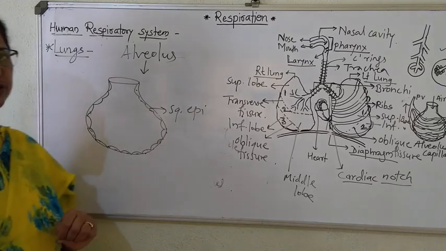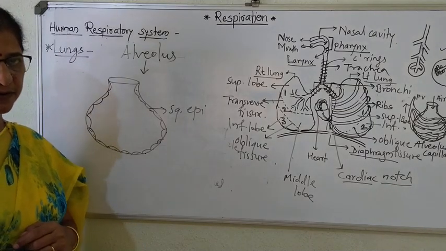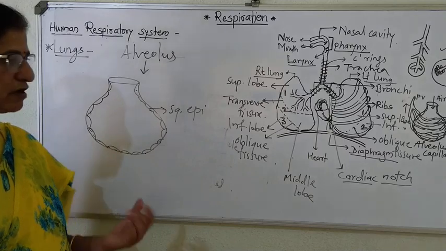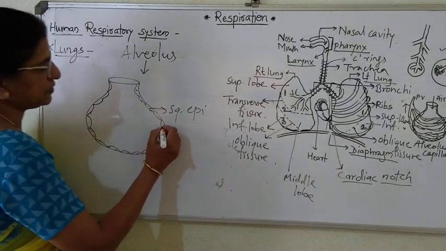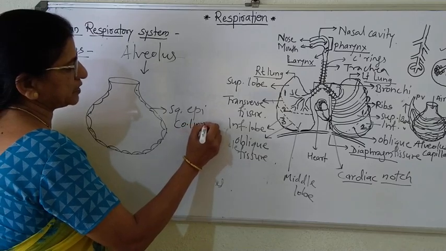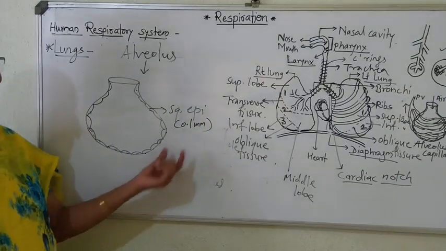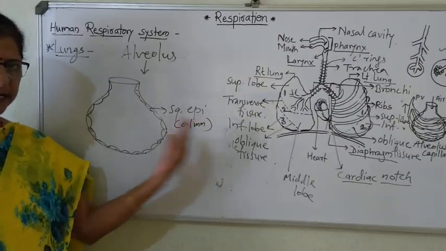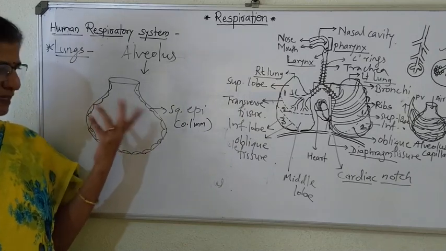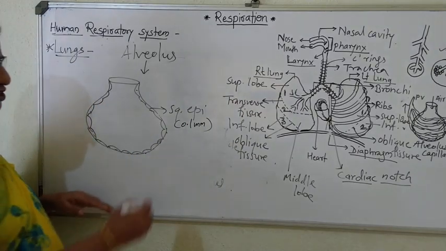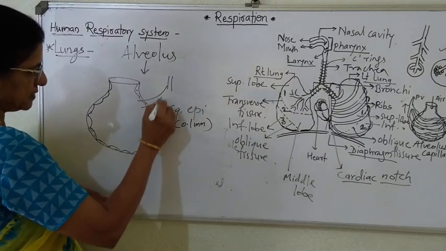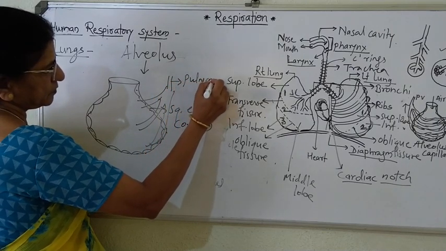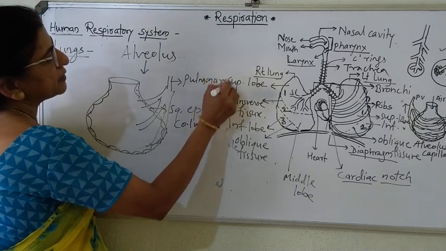That means transport of oxygen, transport of CO2, etc. So basically you must know about the nature or morphological features of this alveolus. This squamous epithelium has only 0.1 millimeter thickness. That means it is so thin that gaseous exchange can easily occur. It is also supplied with a network of capillaries. Suppose this is a pulmonary arteriole,